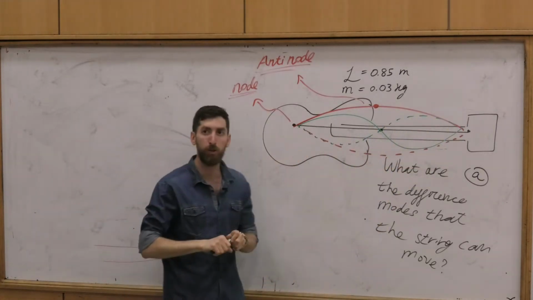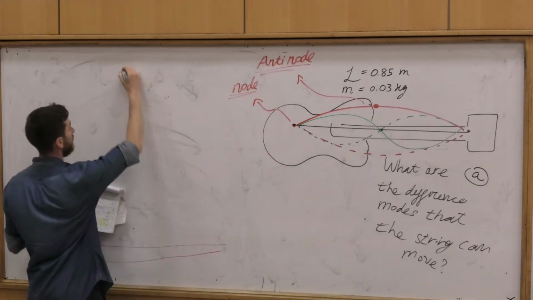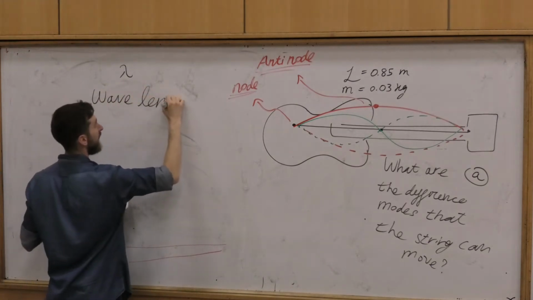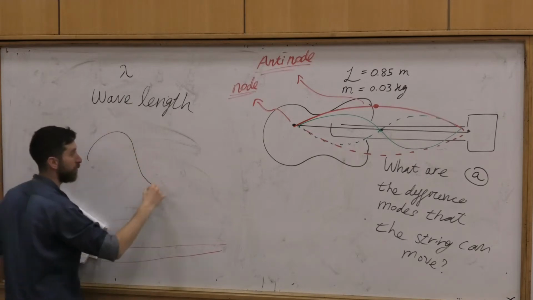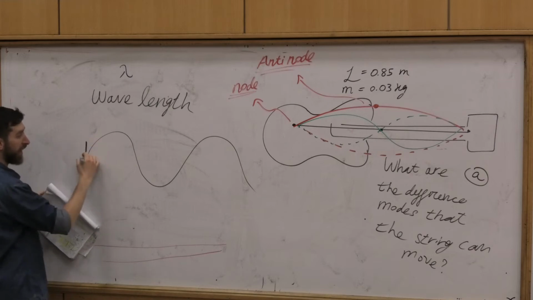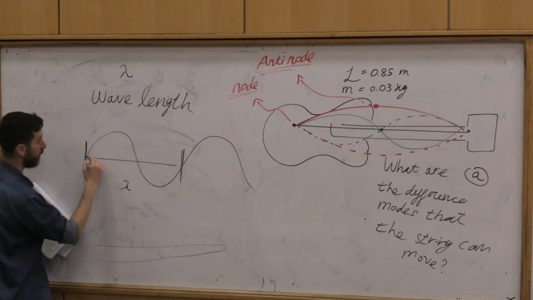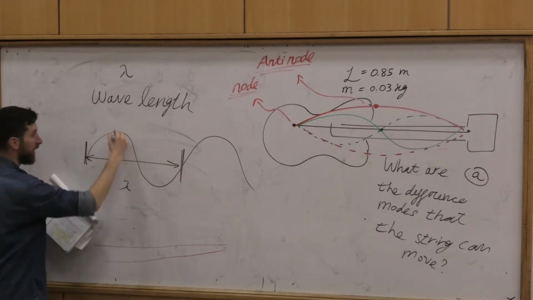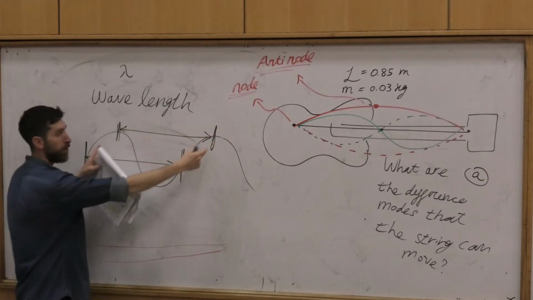And now I want to teach you another thing which is called the wavelength. The concept of wavelength is, if this is a wave, right? This looks like a wave. What is the distance until I get to the same location again? This is called the wavelength, okay? It's a distance until I'm again in the same position. This is also the wavelength, right?